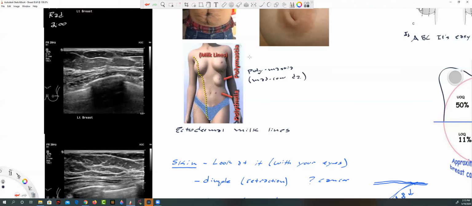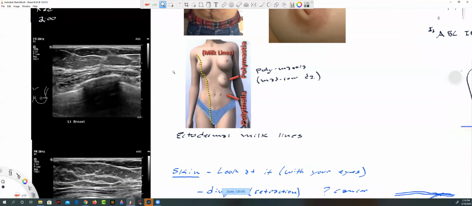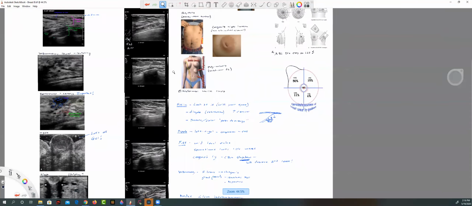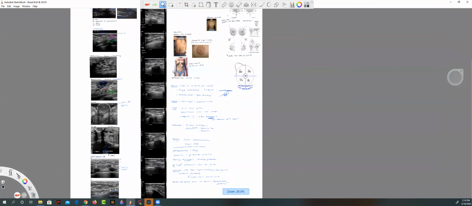Well, I have these images up, but somehow I forgot to put them in my notes. But it's not exactly rocket science, which is fine. I'm surprised I didn't have these in here. So